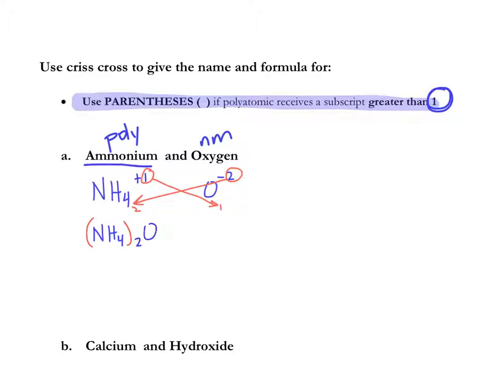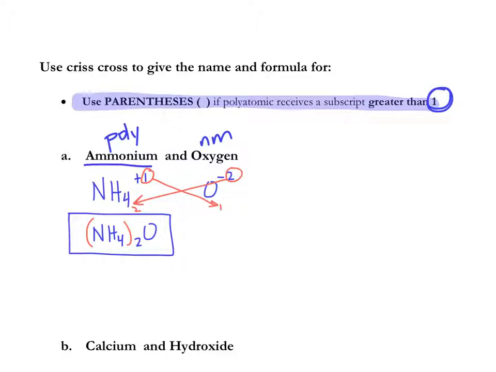And then I'll add my oxygen with a subscript of 1, and like I've mentioned before plenty of times, you don't need to write the 1. So NH4 in parentheses with a 2 as a subscript, and then an O with a 1 that's implied here. So this is your formula